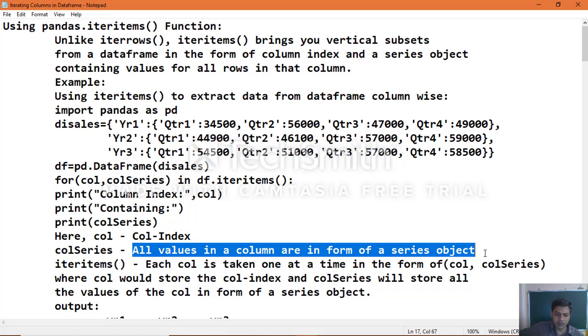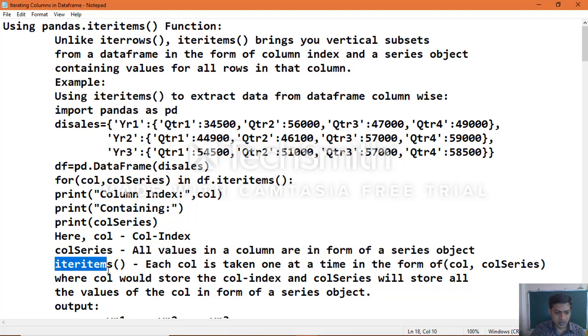So a data frame contains as many one dimensional series objects as it has columns. Now, in the same way, with the function iteritems, each column is taken one at a time in the form of col, col series.